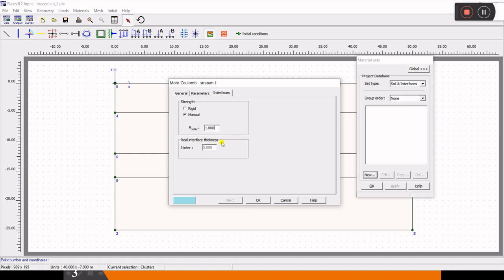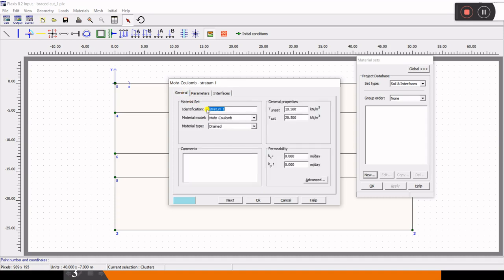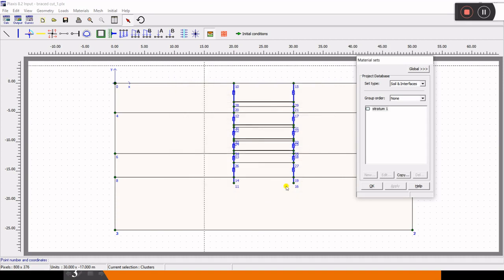It means that there is no decrease or increase in the friction force when it transfers from soil to diaphragm wall. So I'll take it as 1, and in the manual I think they specify it as 0.67. You can take that also, it means that it will decrease the friction resistance to 67% only. So other things I've defined, I'll click OK.